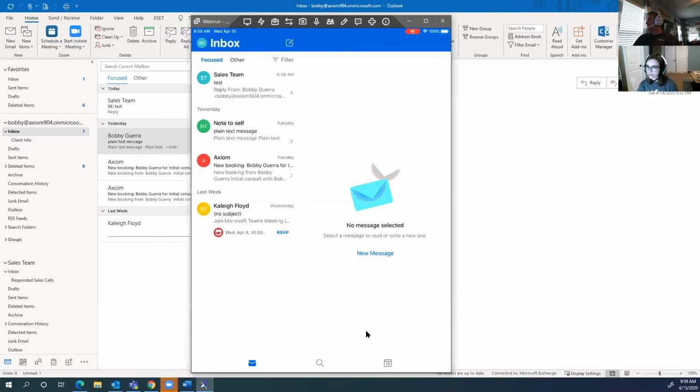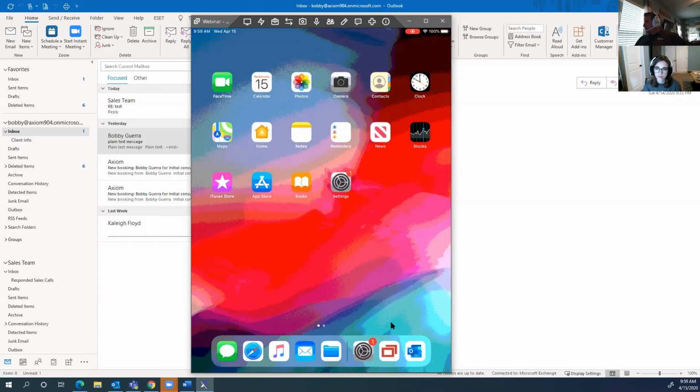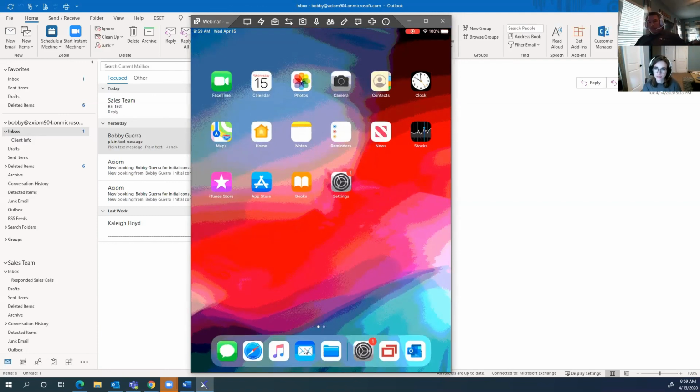Okay. I want to show you real quick why you would want to use the Outlook app versus Mail. The big reason why is there's more functionality in the full-blown Outlook. What do I mean by that? If you just set up Mail on your iPad using the native Mail clients that are built into your iPhone,